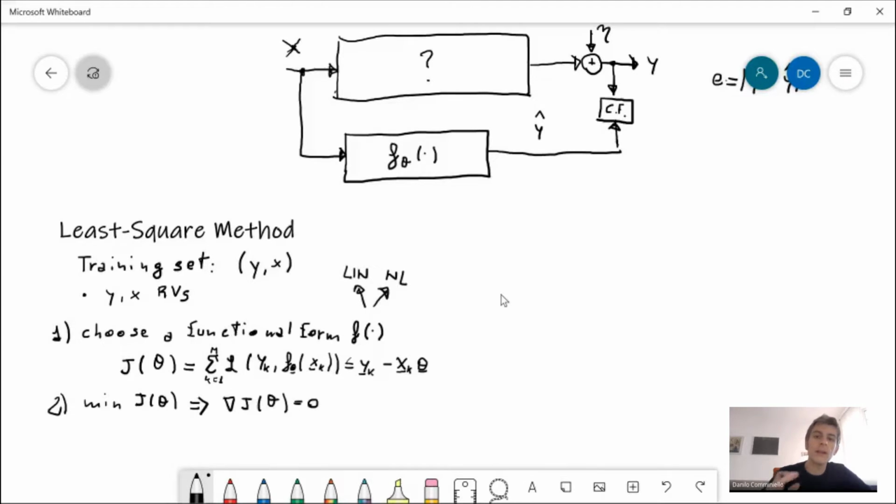When the tangent is zero, you are in a stationary point, and this point corresponds to the minimum of the function. So if you apply this kind of system to the least square cost function, you find that you have a solution. You need to solve